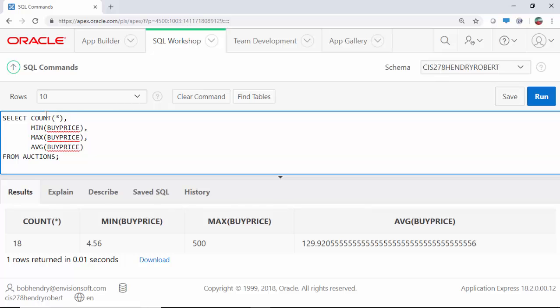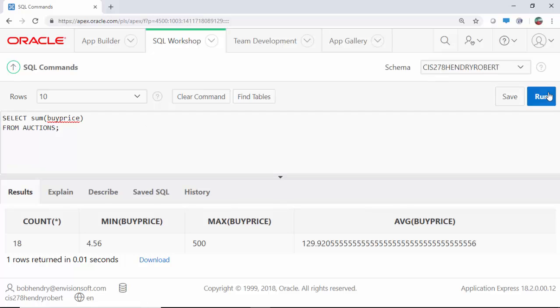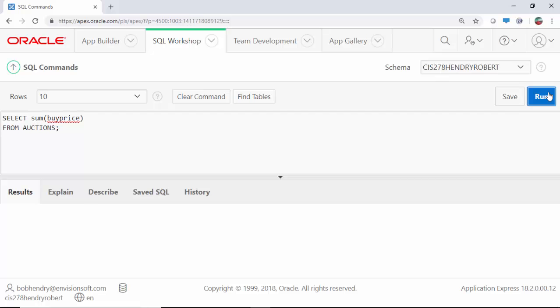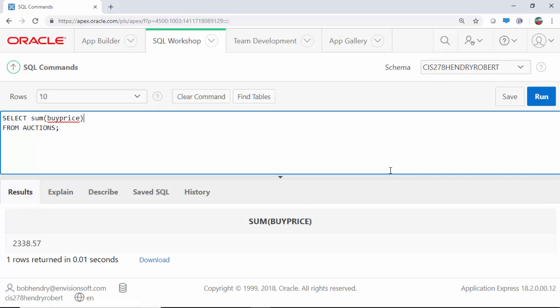Okay, how about this? We could say select sum of the buy price from auctions. So here I got select sum of the buy price from auctions. What this will do is it'll take all my buy prices and sum them up for me. And again, since it's an aggregate function, it's only going to bring me back one value. So give it a second. So the sum is